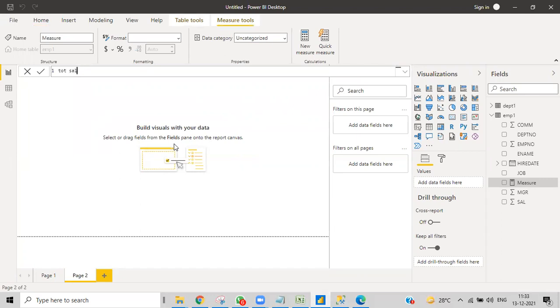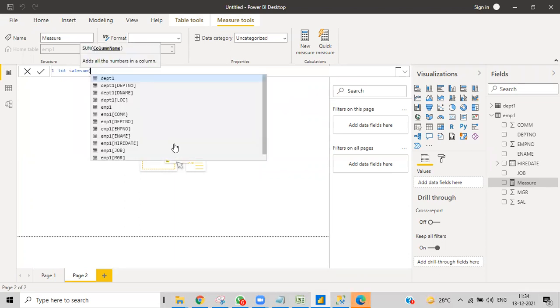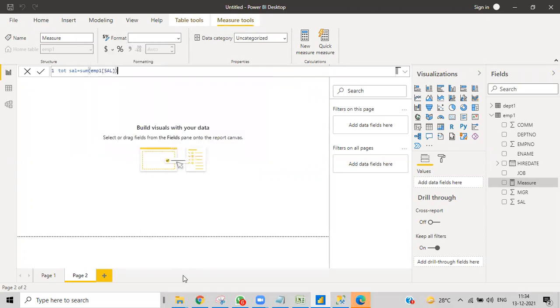Total salary equals sum of salary, from the employee salary table. Here, yep, and then I'll close this.